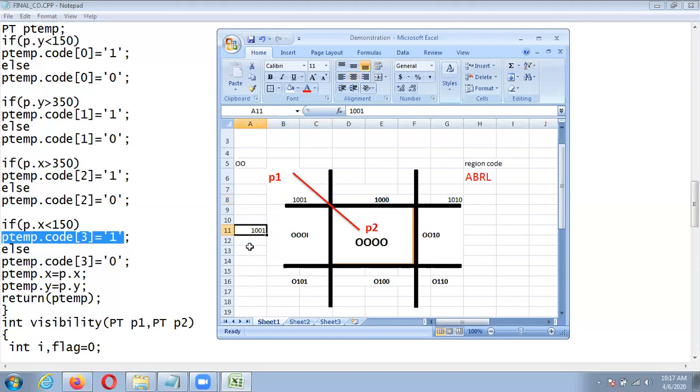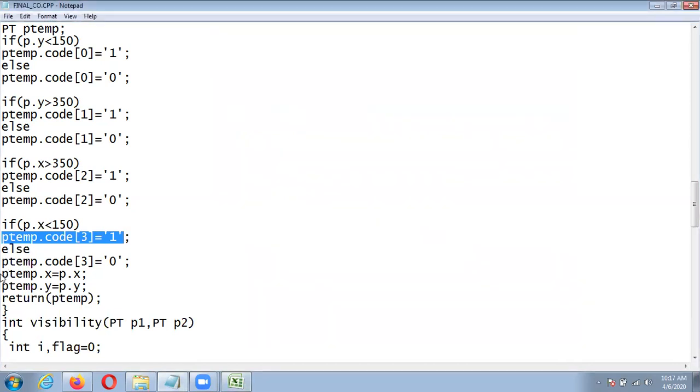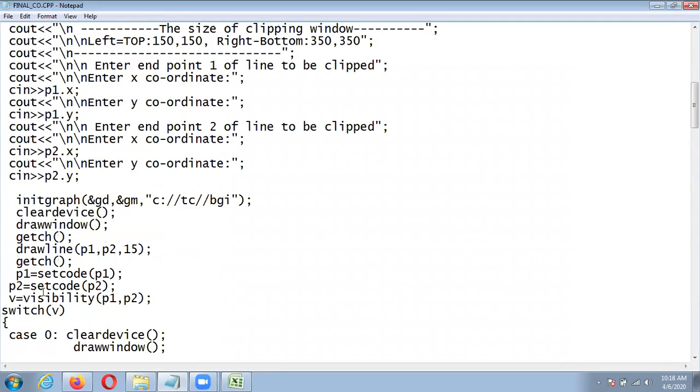So for P1, we are assigning p1 dot x to the ptemp dot x, and ptemp dot y equals p dot y. So whatever the values of x and y, we are assigning to temp, and we are returning that ptemp. Okay, and that can be stored in P1.